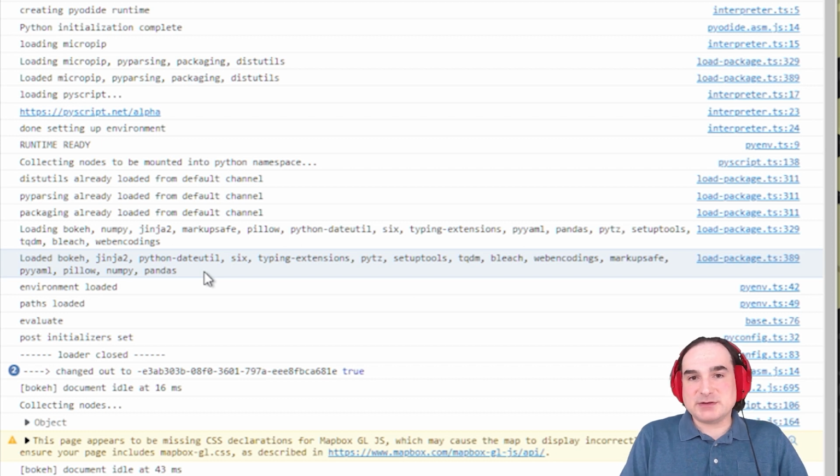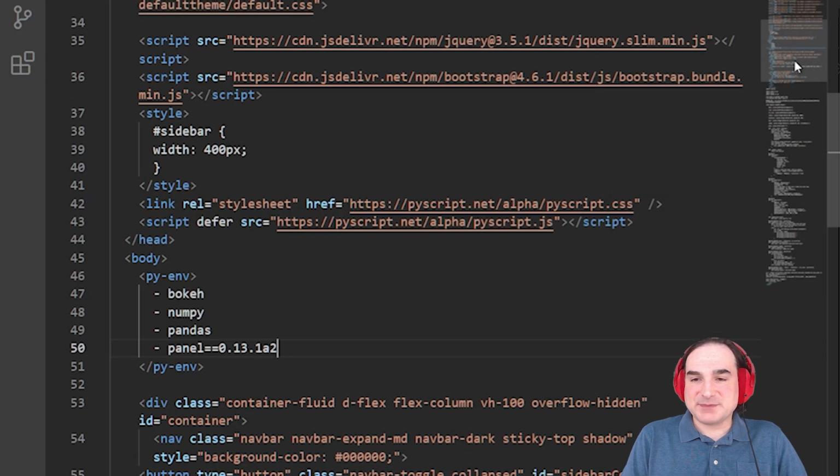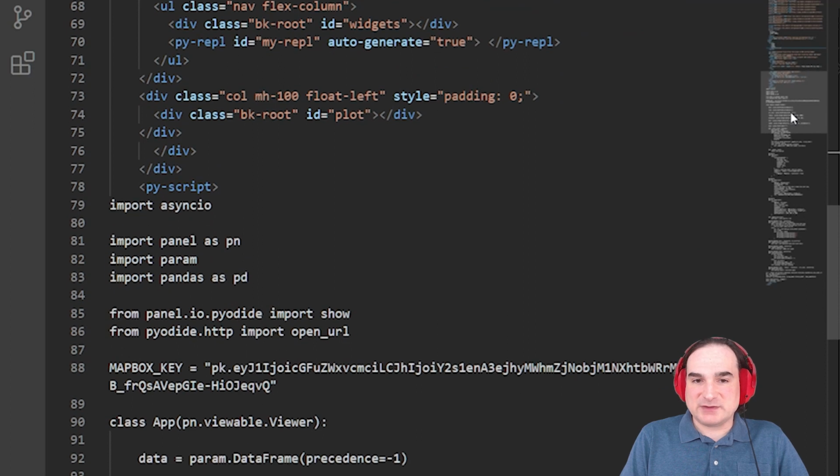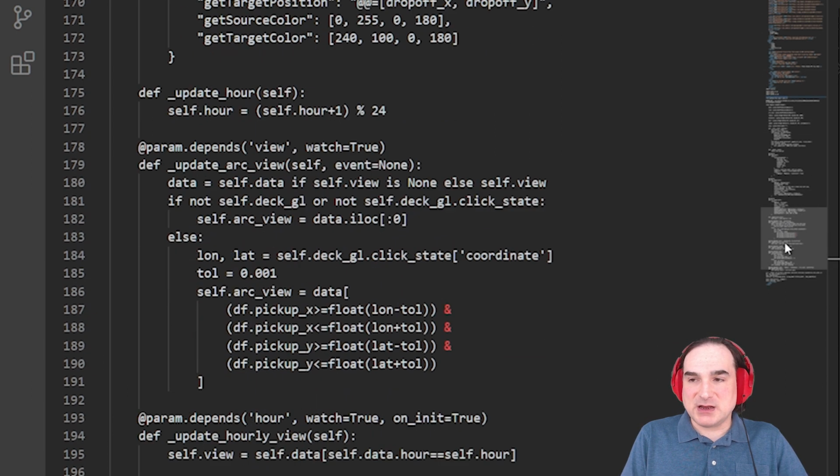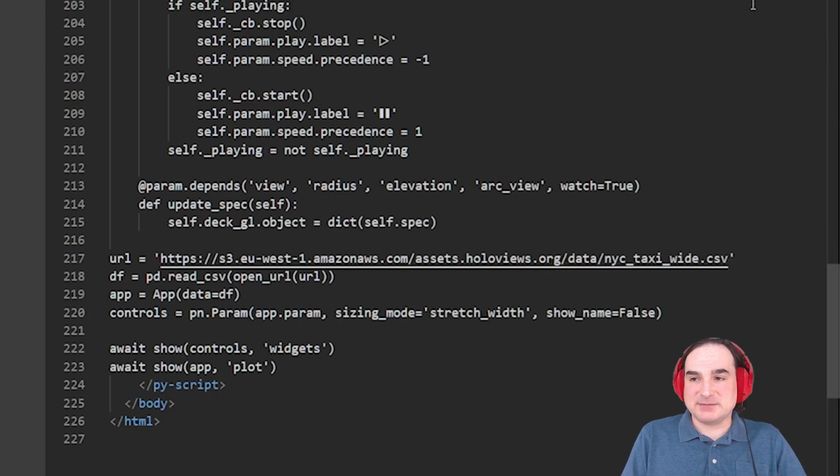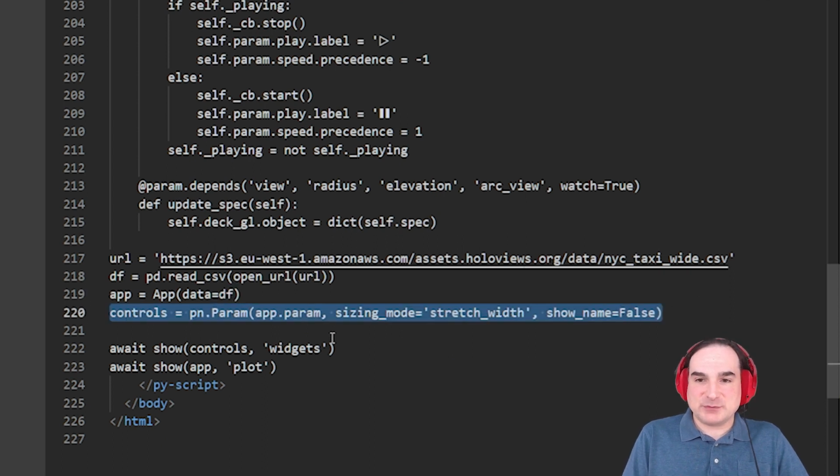Now, if we look through the code, we can see some interesting things going on here. For one, the HTML widgets that are used to control the display, those sliders that I was playing with, are actually rendered in Python by way of the panel library. The visualization, the way that they are turned into something that we can see in the browser, is handled by DeckGL in JavaScript, but it's generated on the Python side. So all we're using JavaScript for here is to render the things that have been computed on the Python side. Again, computed in the browser, not computed on a server remotely, and then sent to us.